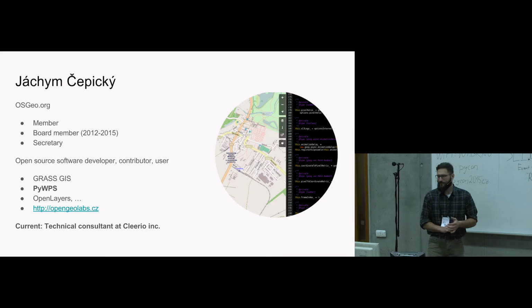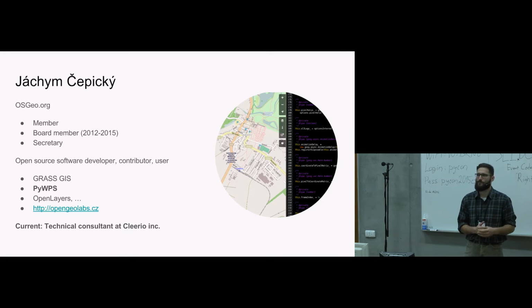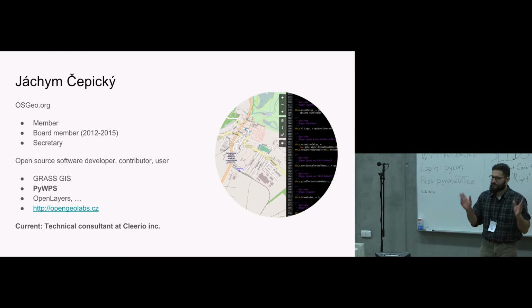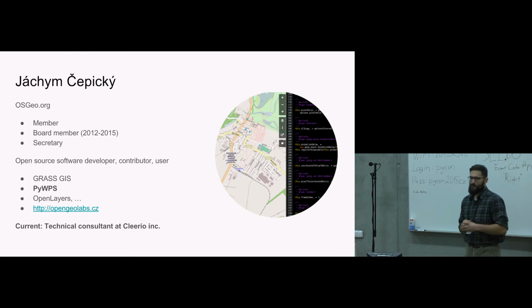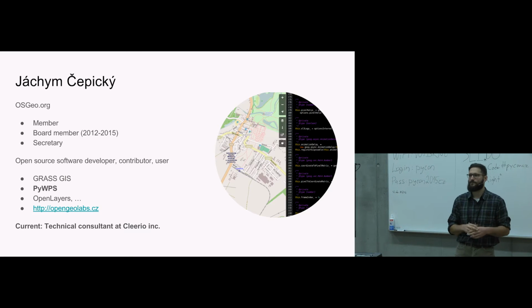My name is Jachym, and I do somehow everything which is related to geographical information systems, or GIS, and maps, together, and open source. Those two topics are somehow close to me. I'm active in the Open Source Geospatial Foundation, osgeo.org. I used to be a board member a year ago, and now I'm just the secretary. And I am active in various open source projects for geospatial.